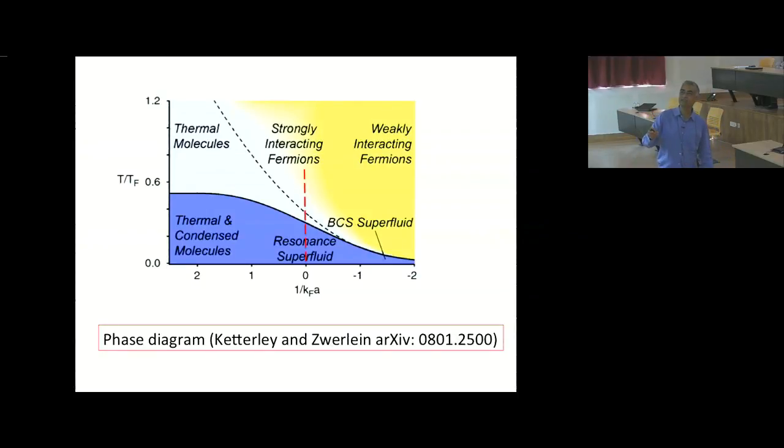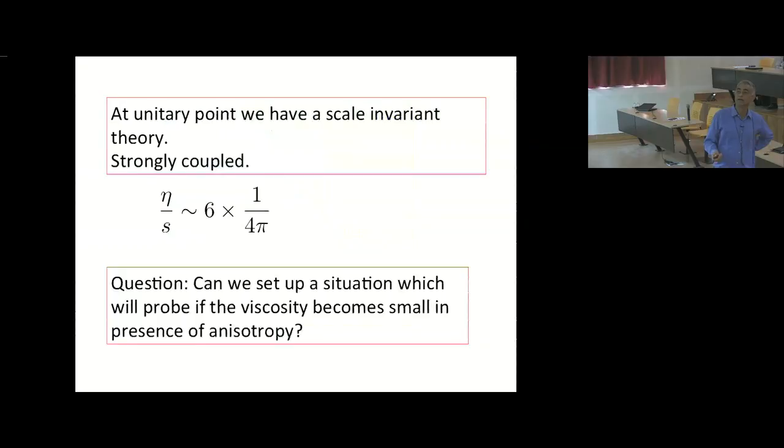And this is the system which, when you probe close to its phase transition, so now you take the system and you further heat it up, it makes a transition from the superfluid phase to the normal phase. At that transition point, the viscosity, as I said, is not quite 1 over 4 pi in the isotropic case, but 6 times 1 over 4 pi, not so far away, okay? And in our setup, what we will be doing is moving up and down along this line at unitary, okay? So that's the system, and as I said, it's strongly coupled with a viscosity not so far away.